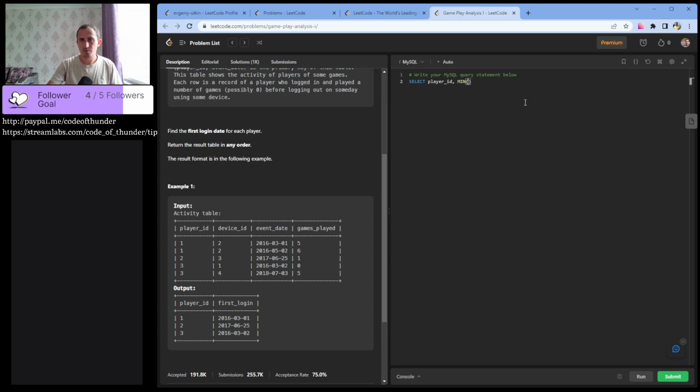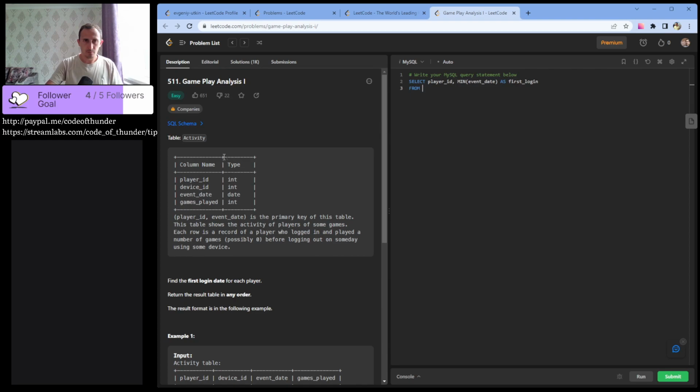Of course, it's not going to work from the get-go, but we'll get there. As first login from Activity, and we need to group by, I guess. Group by player ID.